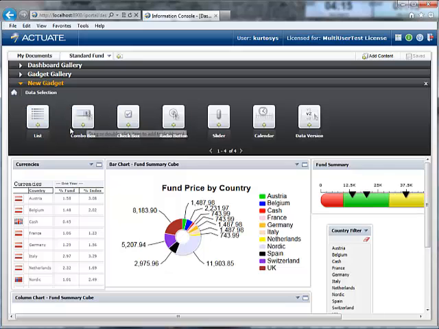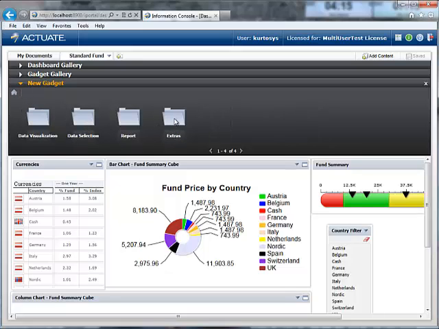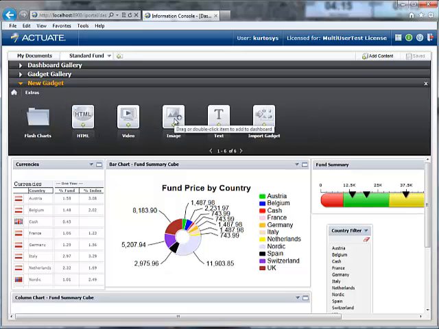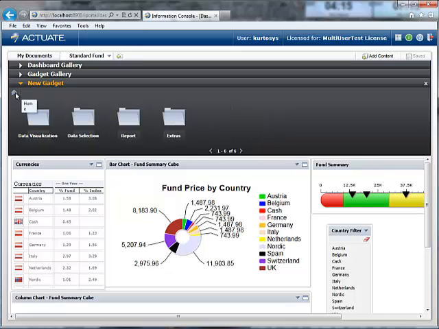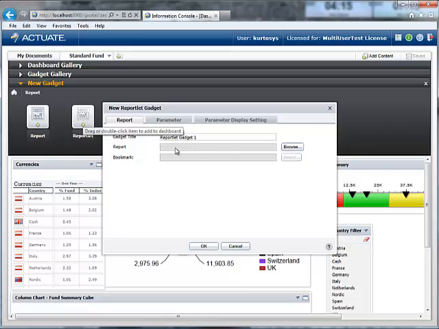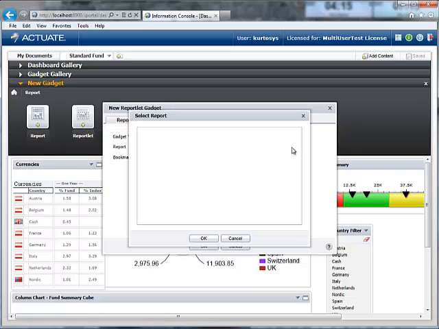The data selection, same thing again. We've just chosen the country filter, but we could drop any one of these down onto our dashboard and choose the particular piece of data. And then to complete the picture, we have extras. This is where we support the Google Gadget standard, enabling you to incorporate pretty much any kind of visualization you want. If you wanted to incorporate something we built before, so we would just simply browse the report